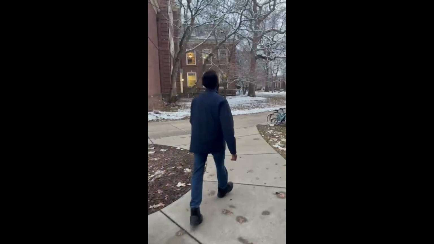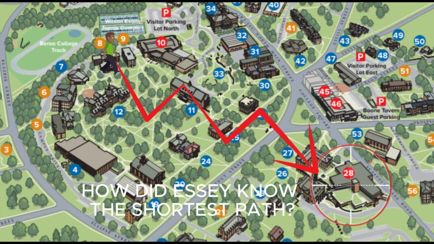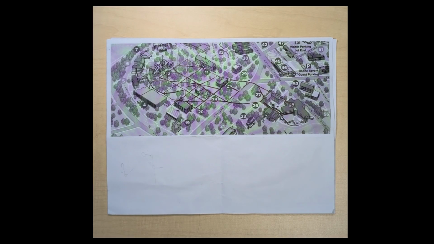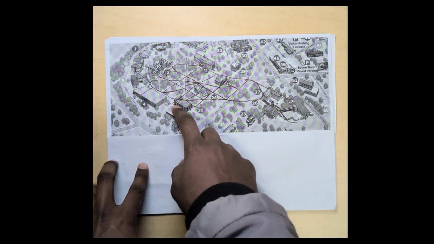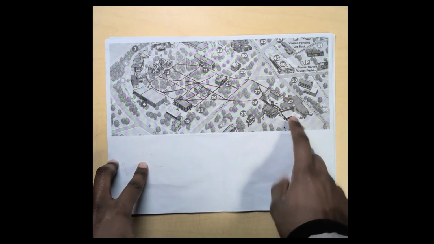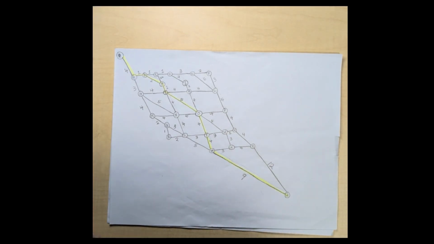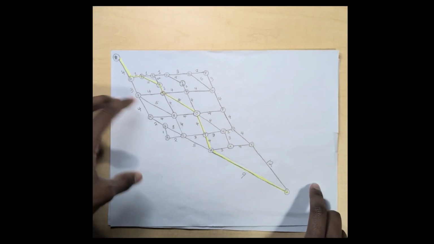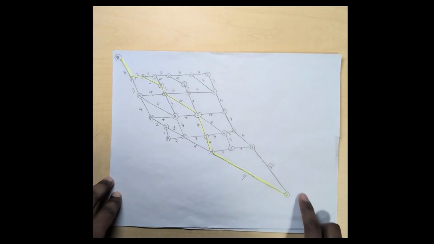Okay, I'm glad I got the map, but I'm wondering how does SA know the shortest path? To get the shortest path from Danforth to dining, it's easier to put it into code than to manually calculate it. So what we decided to do is we got a Bria map and we traced out all the possible paths from Danforth to dining, and then from there we transferred it into this graph where we labeled the edges with the corresponding distance and the nodes with letters.